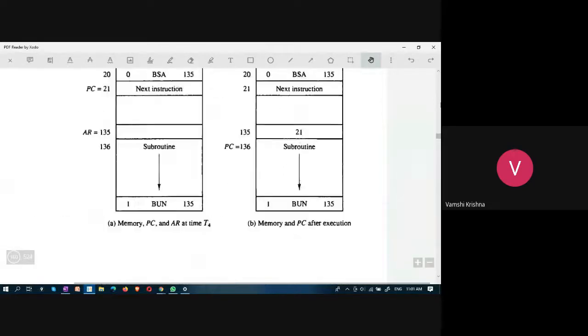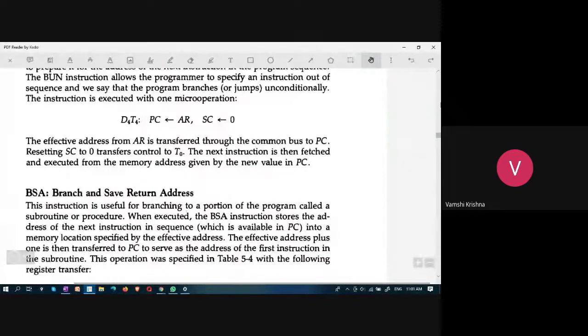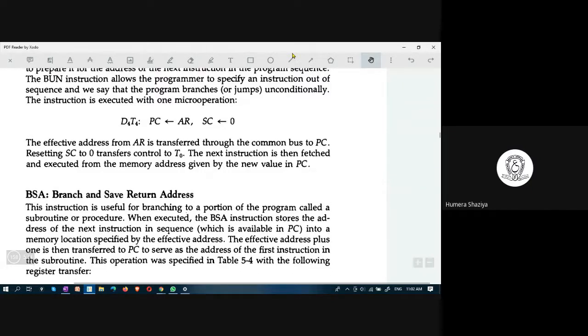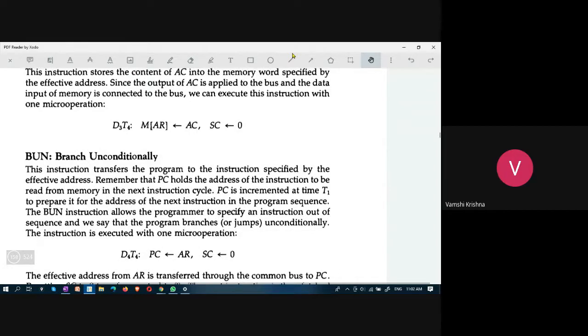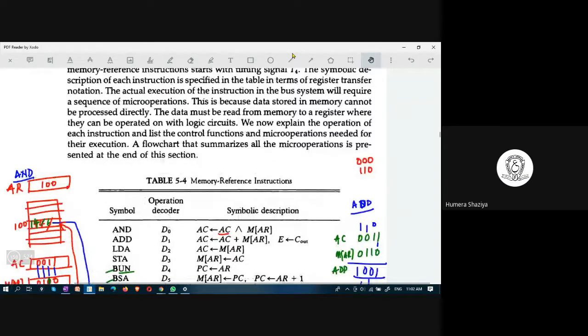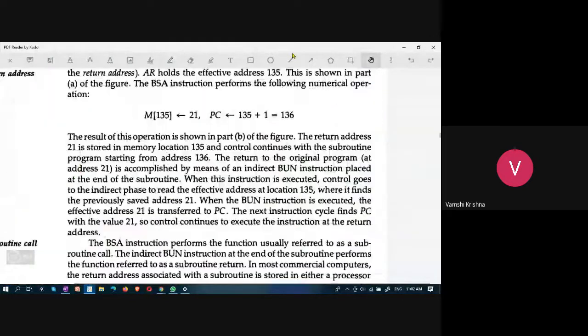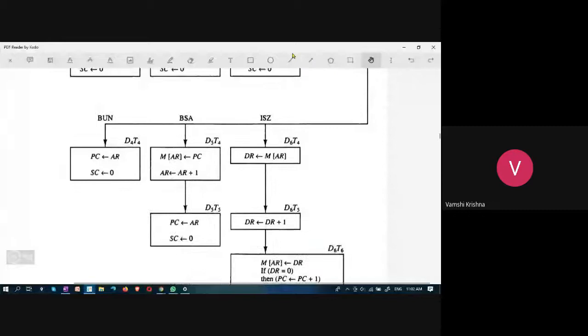Ma'am, can you send me the PDF up to now, ma'am? Which PDF? This textbook. Whatever I am writing and annotating, that one you want? Yes, ma'am, for reference. Sure, I will send it today. But today you have to complete all this reading part, from this table to that flowchart, up to here. Okay, ma'am.